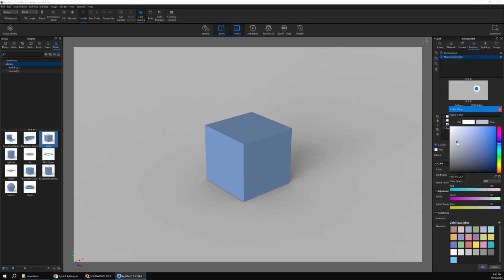So going with the blue, it's going to cool things down a little bit. You're going to get a little bit of a light shadow that's kind of got that blue look. It's going to give you an overall cooler feeling. Same as if we come in here and add the yellow, it's going to give us just a little bit of a warmer feeling to it. So depending on what you want to do